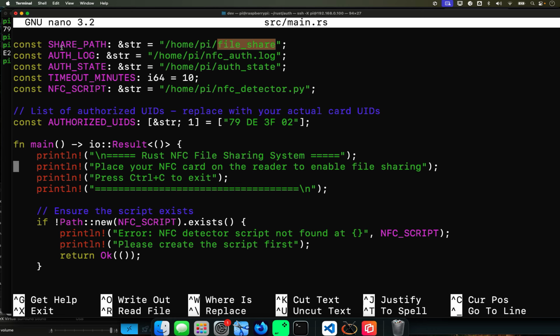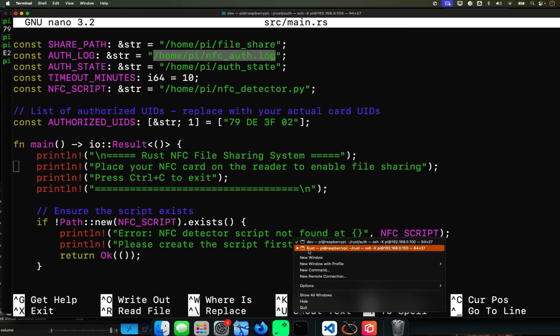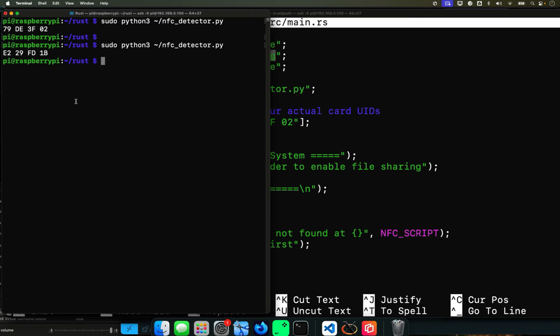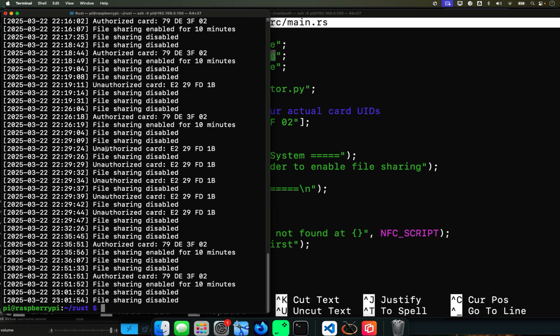You're going to have the authorization log where you're logging all of this stuff. And if you want to see that, this will be very, very handy when you're debugging. And I'll show you what I mean by that. Let me open this one. Cat, paste. You see all of it? It tells you